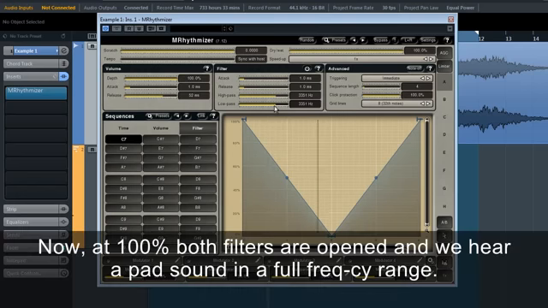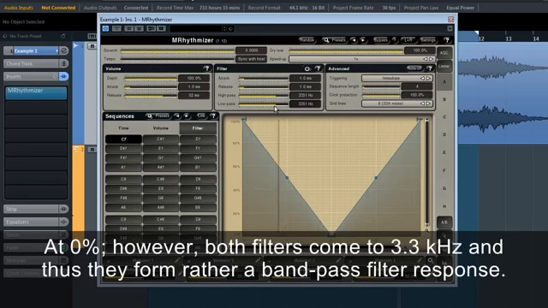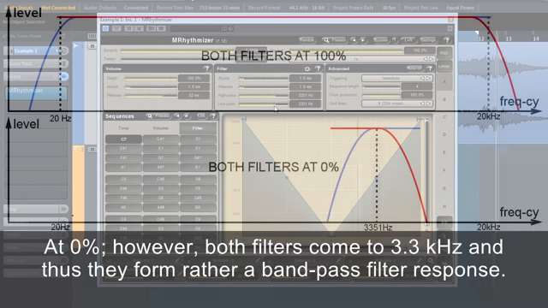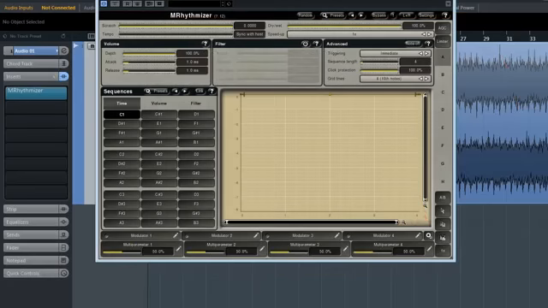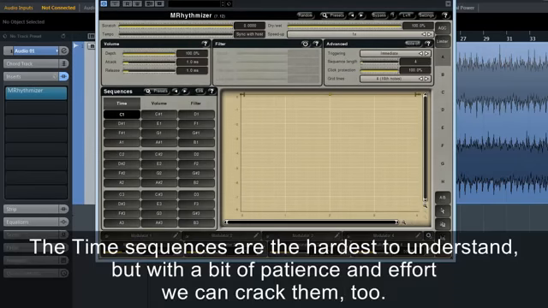Now, at 100%, both filters are opened and we hear a pad sound in a full frequency range. At 0%, however, both filters come to 3.3 kHz, and thus they form rather a band-pass filter response. The time sequences are the hardest to understand, but with a bit of patience and effort, we can crack them